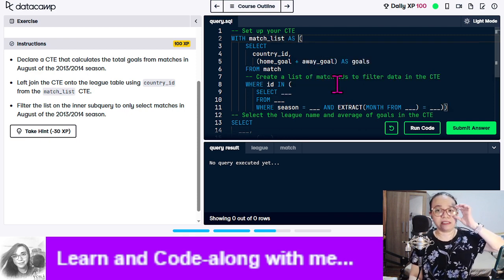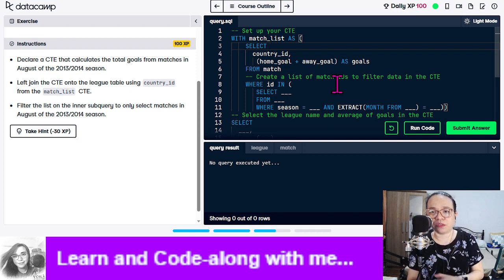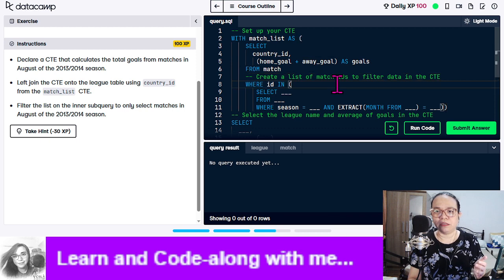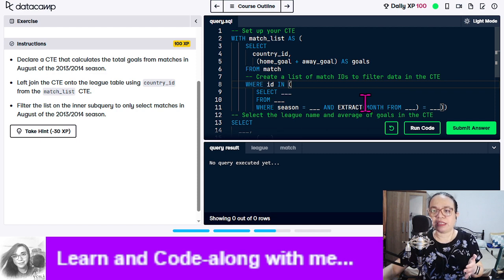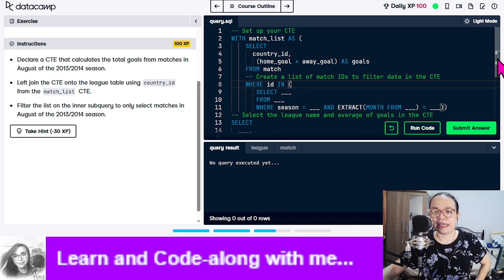Read match list as, okay, select country ID, then home goal plus away goal as goals, then from match. Create a list of match IDs to filter data in the CTE. So where ID in, select